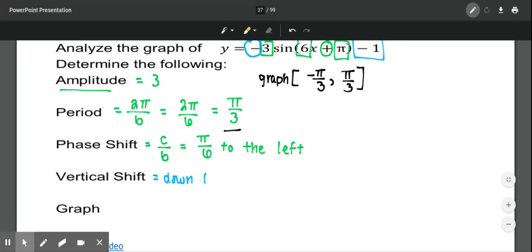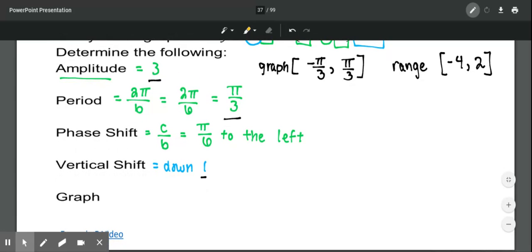Okay? Our amplitude is 3. So here, for our range, if we didn't shift it up or down at all, our range would be -3 to 3, but we're shifting it down 1. So our range, instead of being -3 to 3, we have to subtract 1. So our range would be -4 to 2, right? Because we subtracted 1. And so now when we graph this, we have to go up to 2, down to -4,